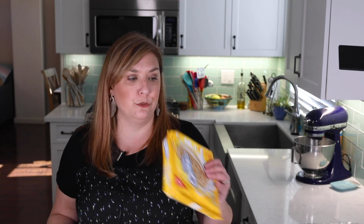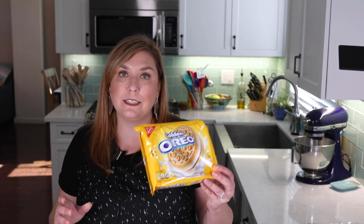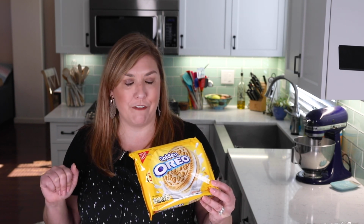Now, a coconut cream pie will go with any kind of crust. You can blind bake one, but then it wouldn't be no bake. You could use a graham cracker or a shortbread crust, but today we're gonna use Golden Oreos. I love Oreo crust, and I especially love a Golden Oreo crust. If I'm being honest, I probably love Golden Oreos more than I love regular ones. So let's make our Golden Oreo crust. This is the only recipe I use. I use it with any Oreo, by the way, but today we're gonna use Golden Oreos, perfect for our coconut